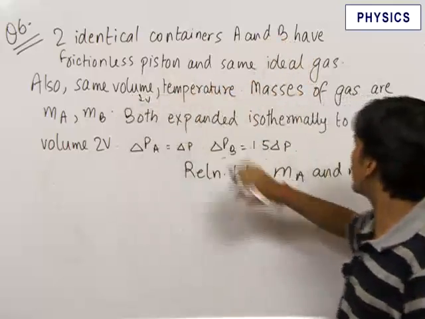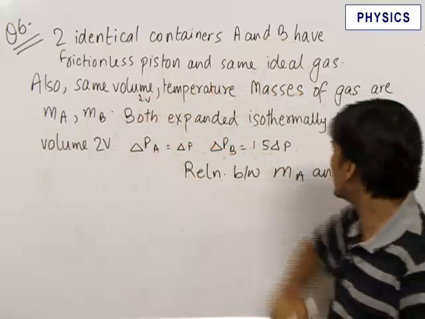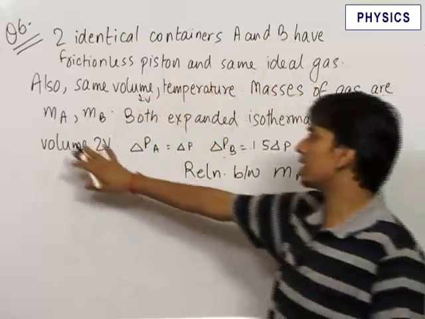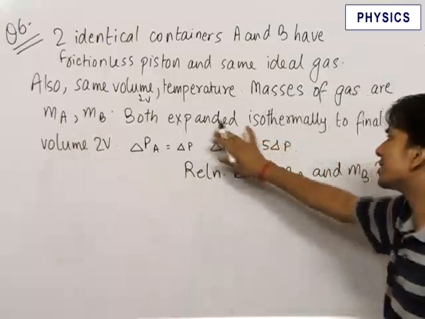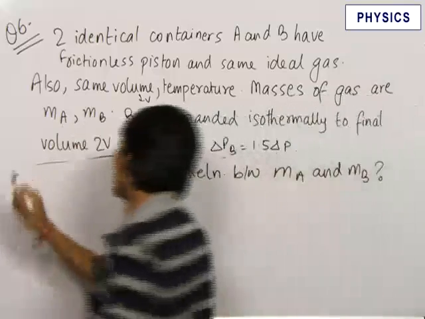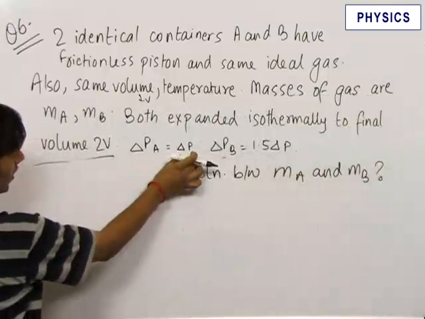Initially, the volume and temperature of the gases were the same. The initial volume was V. Masses of the gas in the two containers are Ma and Mb respectively. Both are expanded isothermally to a final volume 2V, and delta Pa is given to be